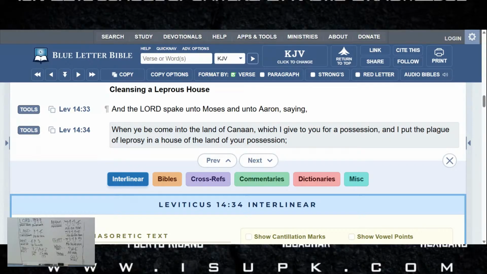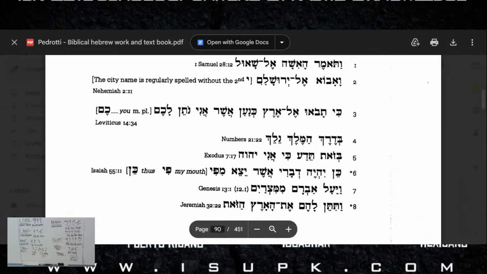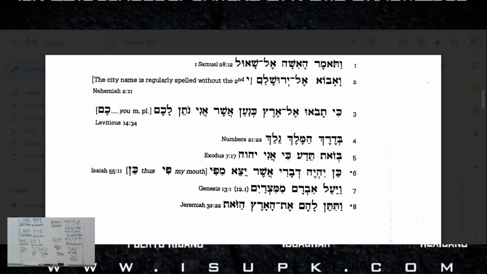Now, the beginning part is the part that we're translating, when it says, when ye be coming to the land of Canaan. How do we know? Matter of fact, I shouldn't give it away. You should learn which part we're translating. All right, let's go into the Hebrew and into the lesson and see which part they wanted us to translate. So we doing Leviticus. We doing number 3 first, then we'll go back up to number 1 and come all the way back down.